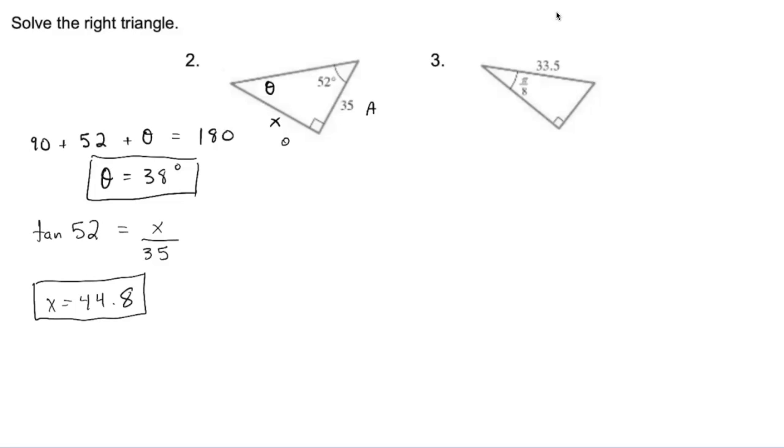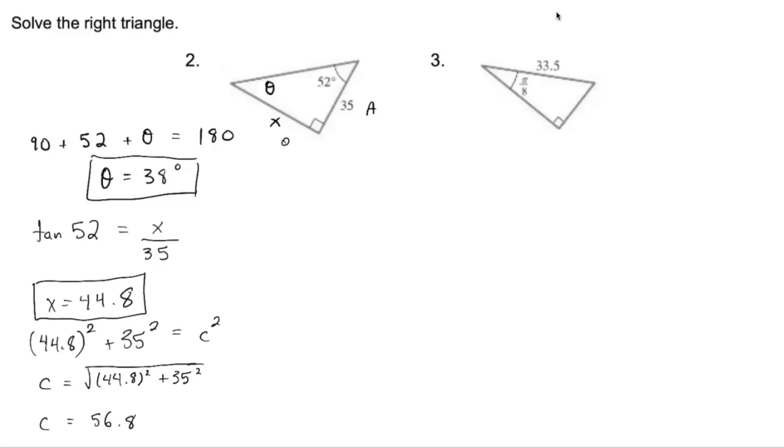So, for example, we know that 44.8, and I haven't rounded it in my calculator, but 44.8 squared plus 35 squared is going to equal the hypotenuse squared. So after I work that out, I get that C, the hypotenuse, is going to equal the square root of 44.8 squared plus 35 squared, which is